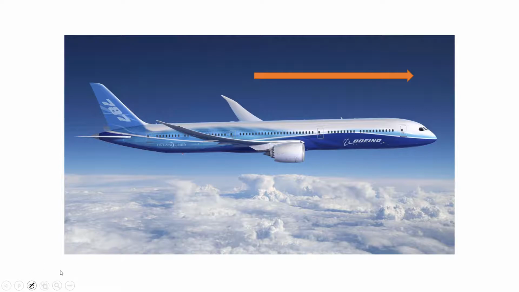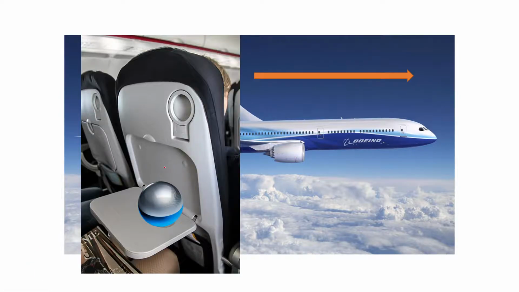Okay, that's inertia. Now, let's say we're traveling in a plane, and that plane is just moving in a given direction, whatever it is. And we're going to say that we have this little ball there. If the velocity at which the plane is flying is constant, that means that the acceleration is going to be zero. This little ball is going to be static.